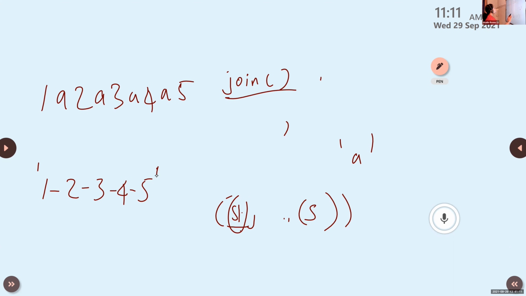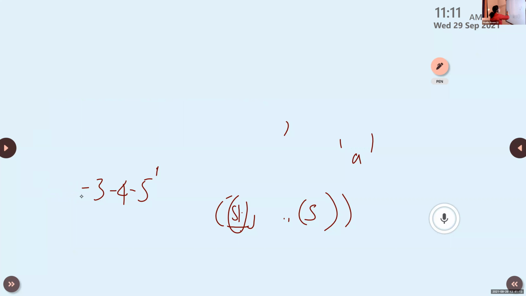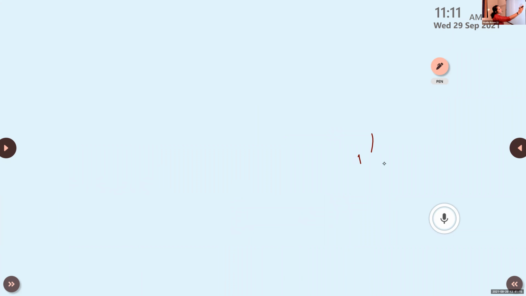The next one is swap case. Swap case is for just interchanging the case. That is, if the content is lowercase, it will convert into uppercase.